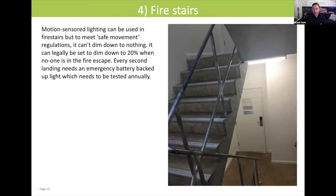Okay, the fire stairs. In apartment buildings where these are not trafficked frequently, this represents the lowest hanging fruit. It's the section where you should immediately do your motion sensored LED lighting upgrade first before any other area of the building. And the reason for that is that